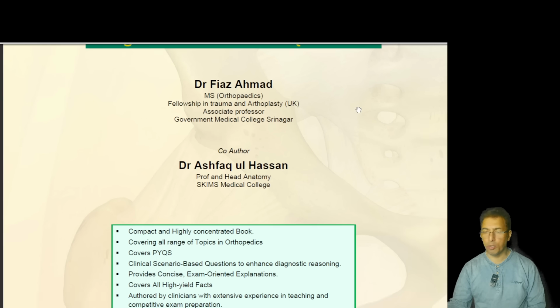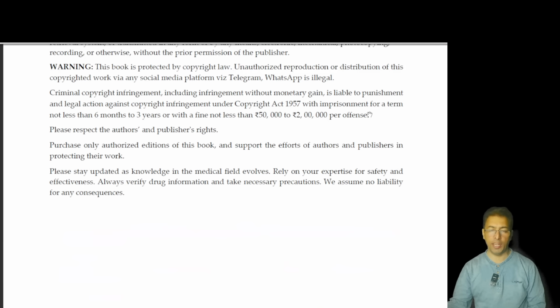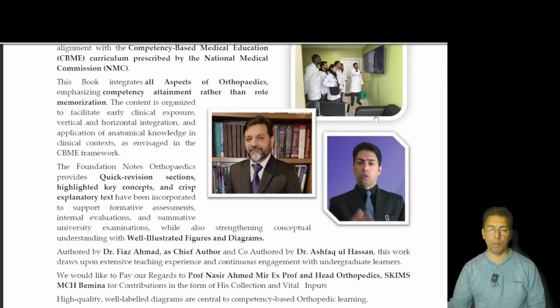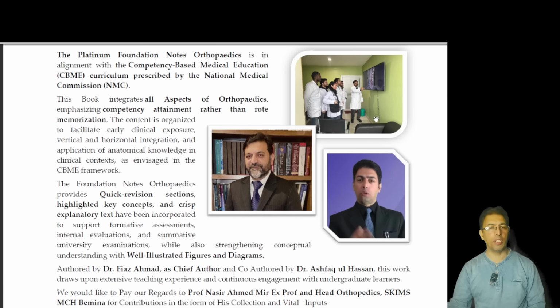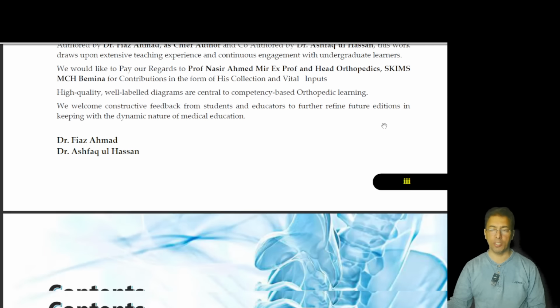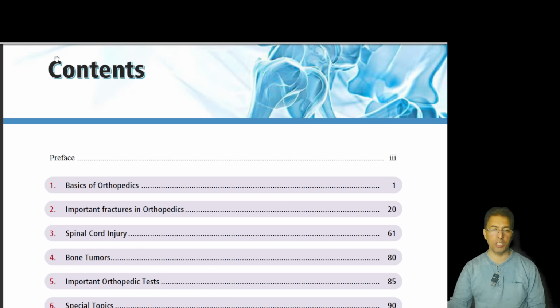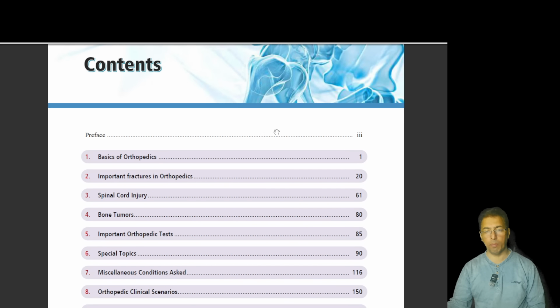To go ahead about this book, you can see over here that we prepared it in consultation with the students' needs, in consultation with the toppers, in consultation with other experts in the field of orthopedics. As a result of their suggestions and advice, we came up with this project. And in a very chronological, systematic manner, we placed some topics and arranged this book in the form of